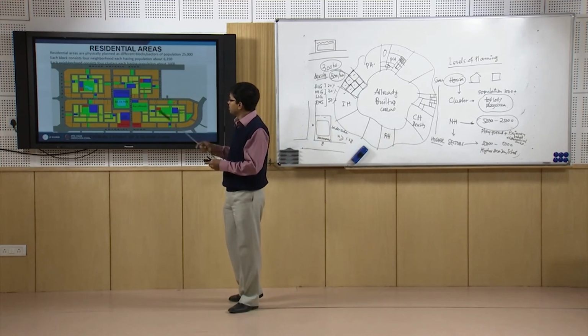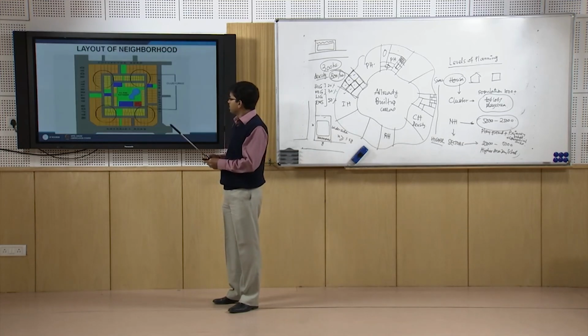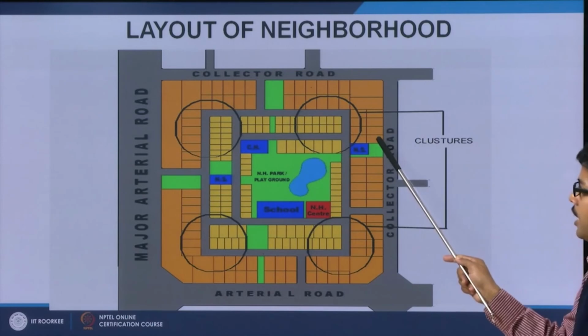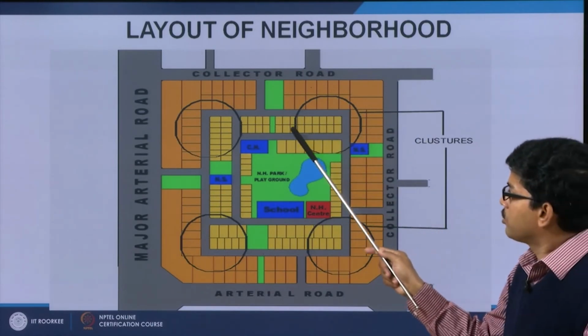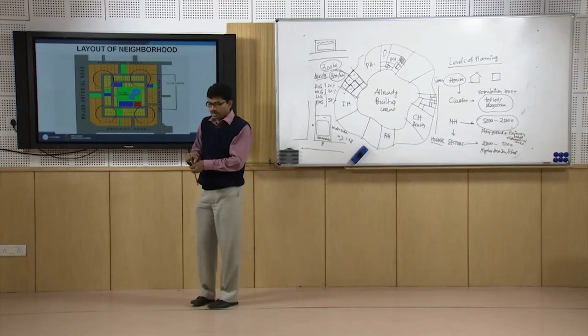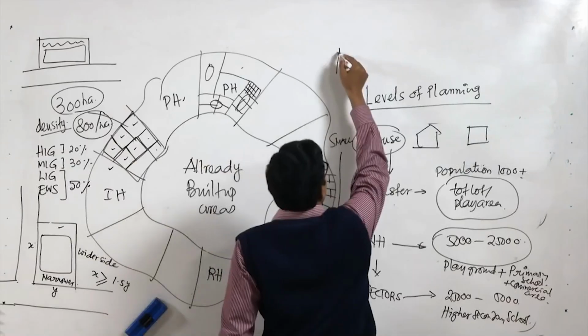Here also you can see the hierarchy of the different levels of the planning. Similarly, you can see that these are the bigger plots given for the high rise buildings, and these are the smaller plots given for the low rise buildings. So, the concept, as we discussed last day also, is that